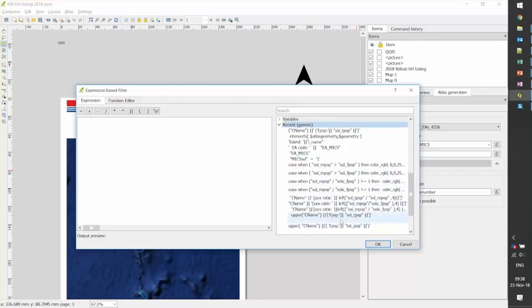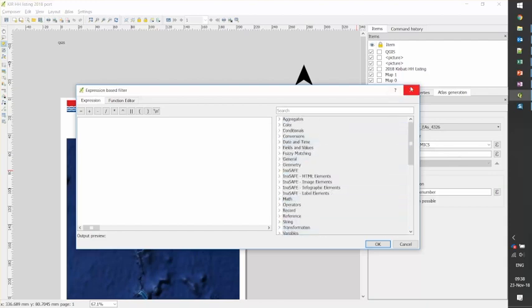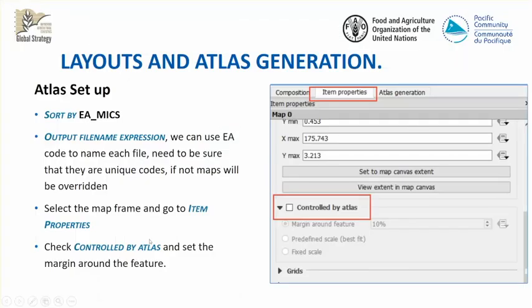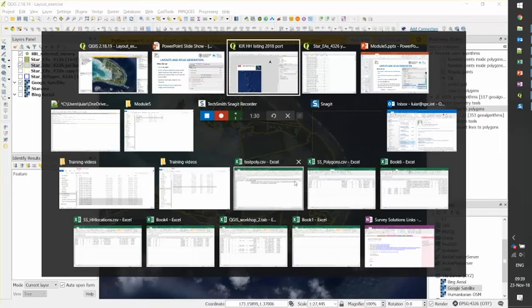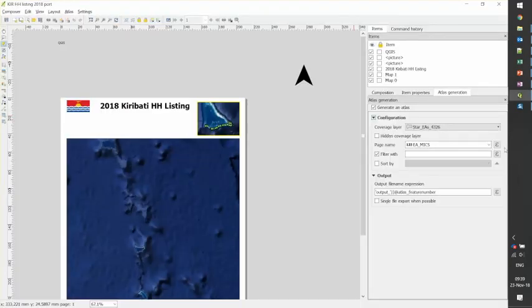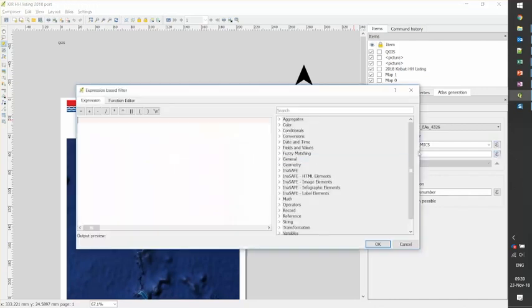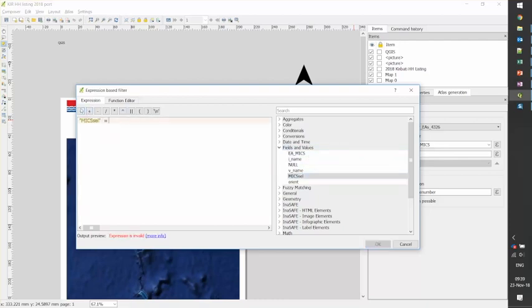No, it's not here. Oh, I have to write it. So I go to expression, filter with. So we said that it's mix selected equal 1